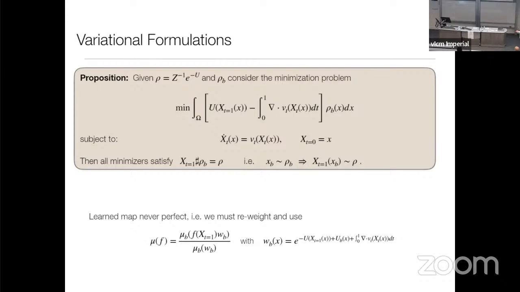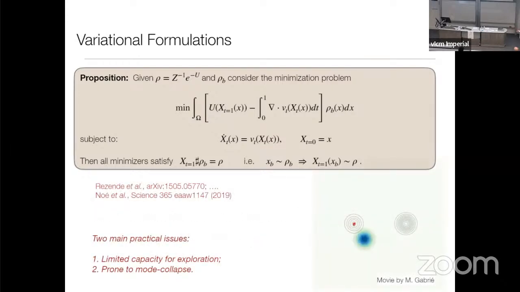You can do perfect sampling, more appropriately, even if your map is not perfect. So if you don't manage to identify the actual minimizer, either because the minimization has not converged or because the class of neural network that you use to represent V is not expressive enough, you can still use importance sampling, not with the base itself, but with the base pushed forward by the map, which amounts to doing the same thing as before, but after passing it through the map, which gives you these weights.